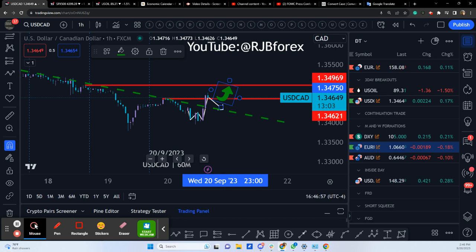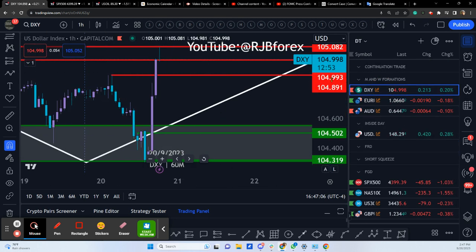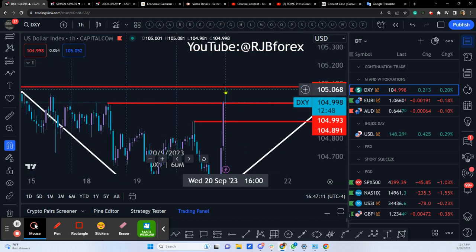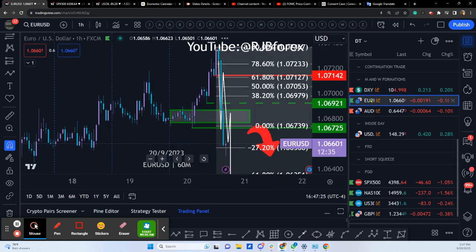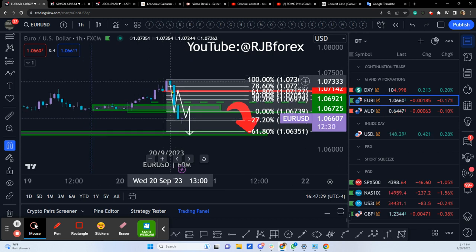That really fueled a bid in the US dollar, which I'll try and find on my chart over here. So we got a rally right up into, well, the highest target area, really, which was a test of 105. That was in the DXY index, which measures a basket of currencies versus the US dollar, and the predominant one being the euro. It's about 46% weighted to the euro. And we got that subsequent sell off,